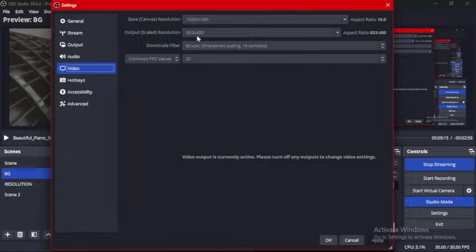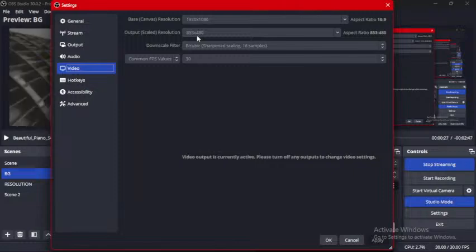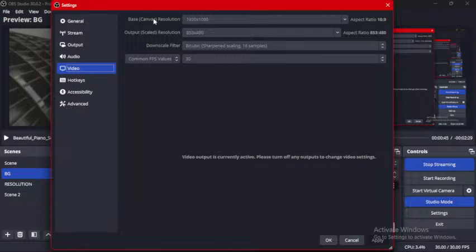And if you feel that you don't know how to go about it, you could just copy what you are seeing on the screen now, 853 by 480, and when you get to your church, try to stream at the same resolution output. Notice my camera resolution did not change from my 1920 by 1080, because that is how I love it to be. All my streaming elements are in the same resolution as my Canva, so everything fits so perfectly and it looks so standard and excellent when streaming.